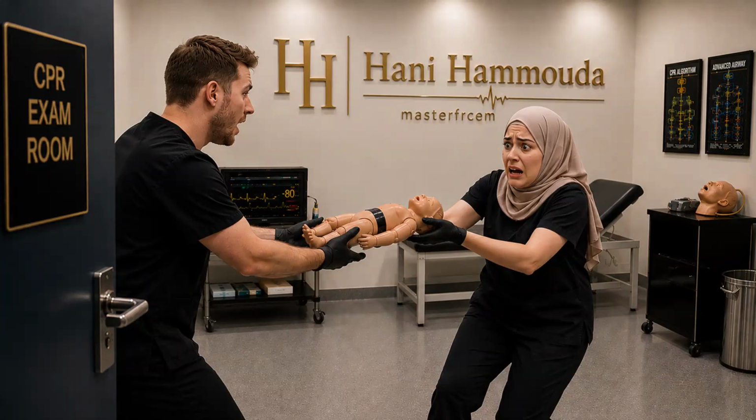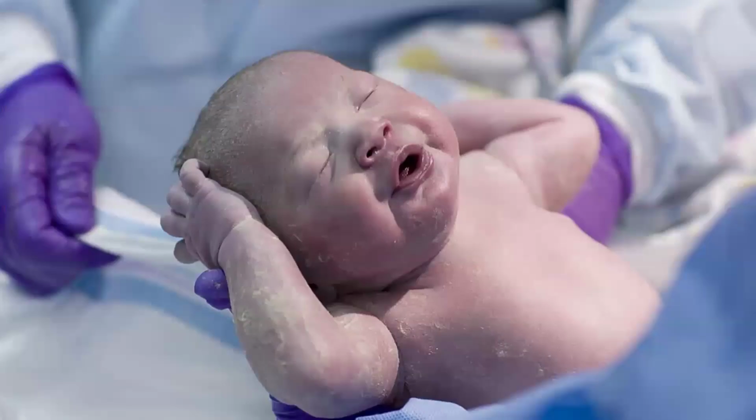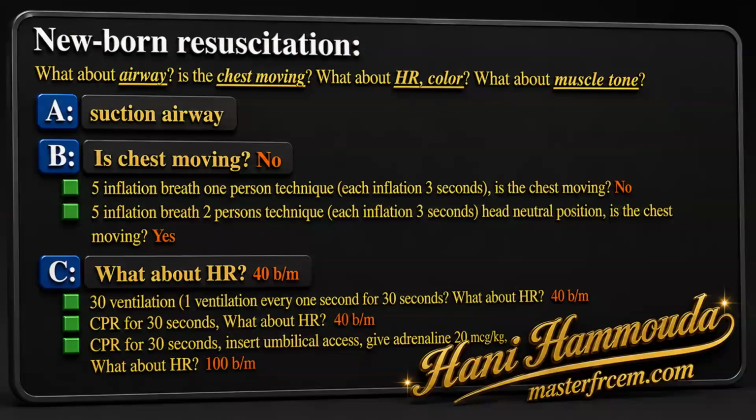1, 2, 3, 4, 5. I will also ask you to please look for any IV access. Am I able to see any chest rise? No chest rise. Okay, now we will have a 2-person technique, and while doing this, we will increase the pressure. We will now attach the oxygen and again give 5 inflation breaths to the baby. 1, 2, 3, 4, 5. Is there any chest rise? No chest rise.